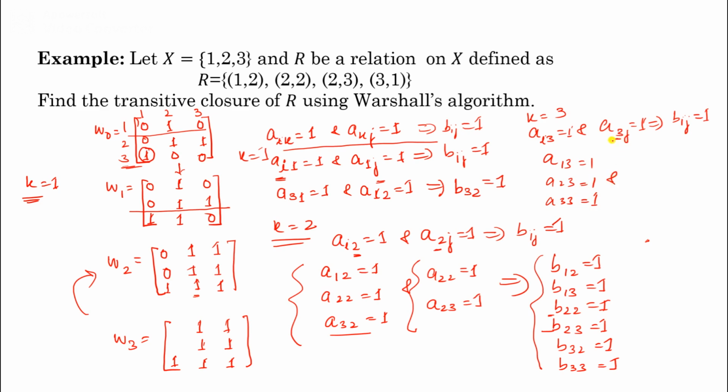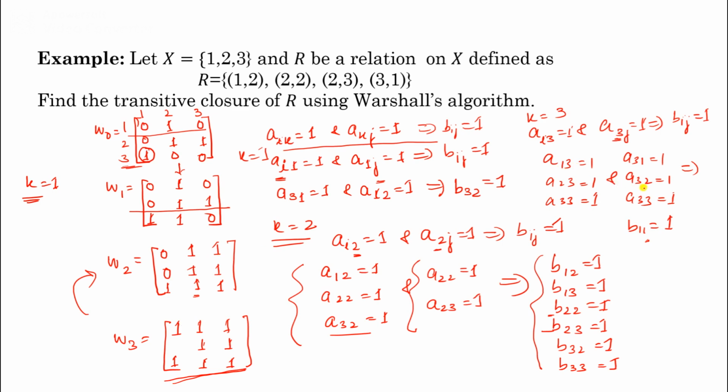And in the third row you have to find the jth column where the entries are 1. All these entries are 1. So it means A31, A32, A33. So this is 1, this is 1, this is 1. Now combine each with each other. 1 3 and 3 1, that is 1 1. B11, so this will give you B11 equal to 1.